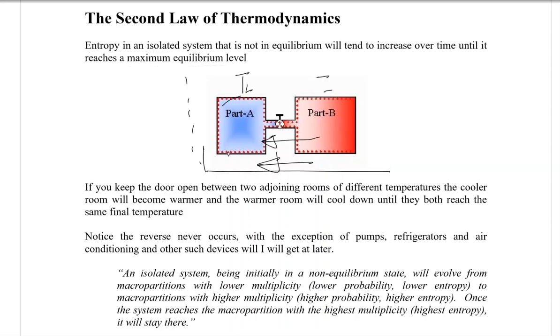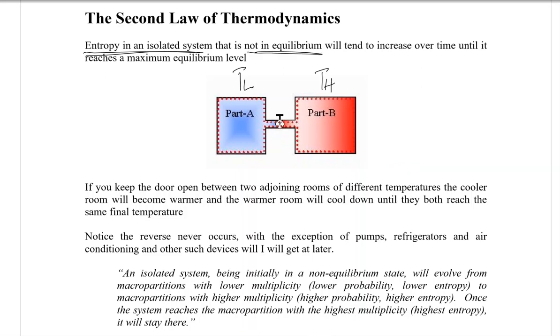Initially we had a high energy, in the form of temperature here, but that energy was not in equilibrium. So entropy in a non-equilibrium process initially